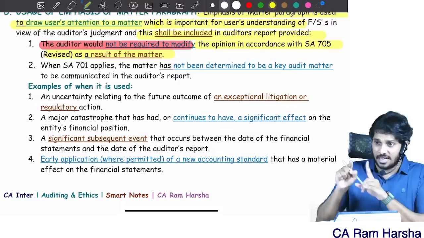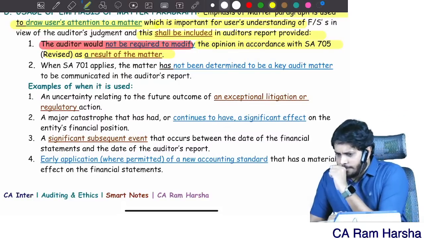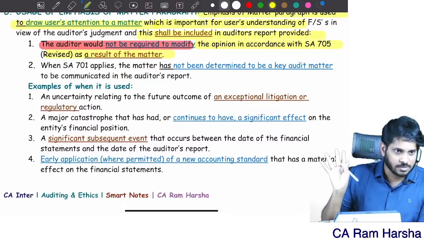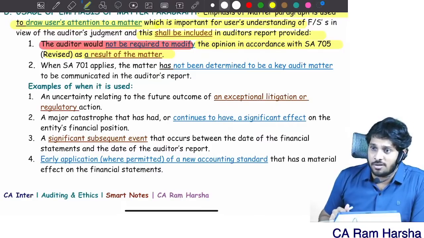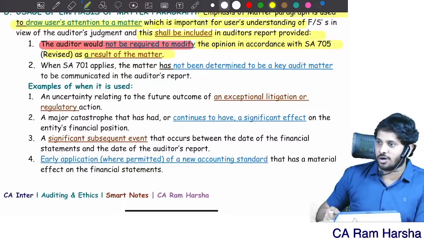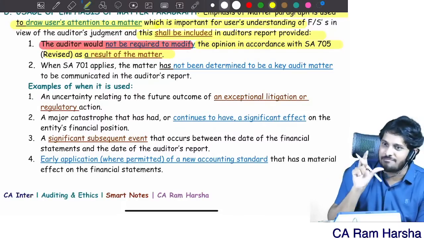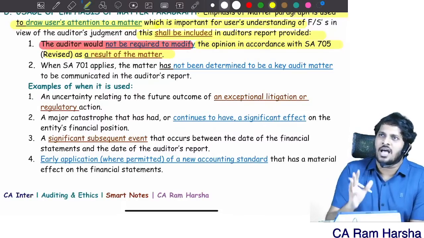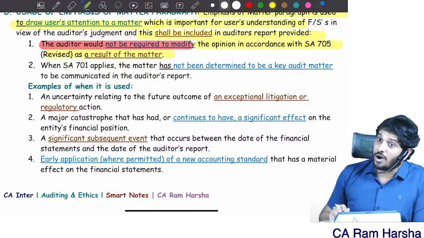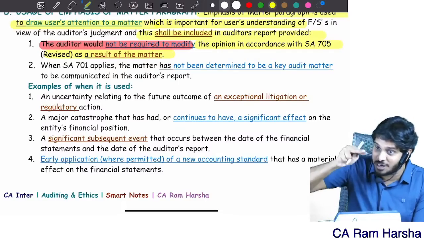Suppose I feel that the 41st point is materially misstated. Then I will not highlight it. If it is materially misstated, what shall I do? I should give a qualified opinion or an adverse opinion. In the opinion section, I should talk about it. I cannot cleverly ignore it there and talk in the emphasis of matter paragraph. Because by definition, people think the auditor is just highlighting something. Nothing wrong in that. But a qualified opinion means the auditor is objecting to something. There is a difference between highlighting something and objecting to something.